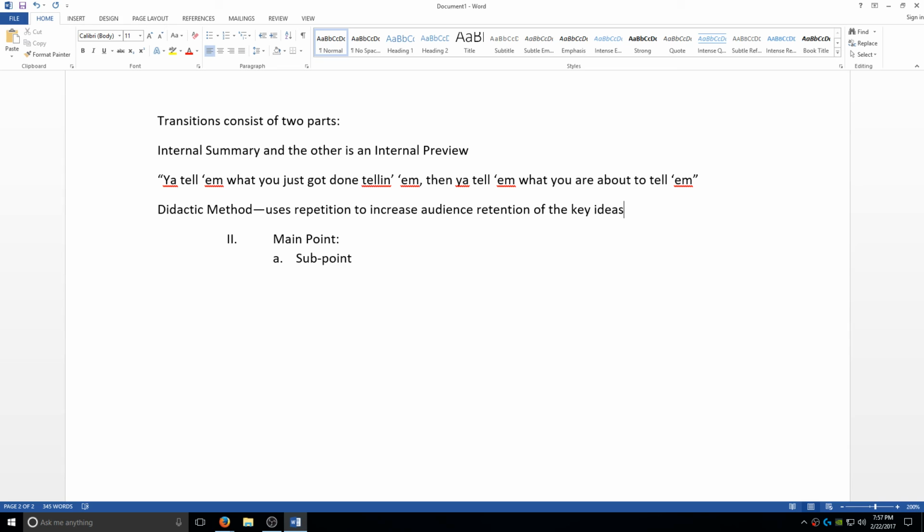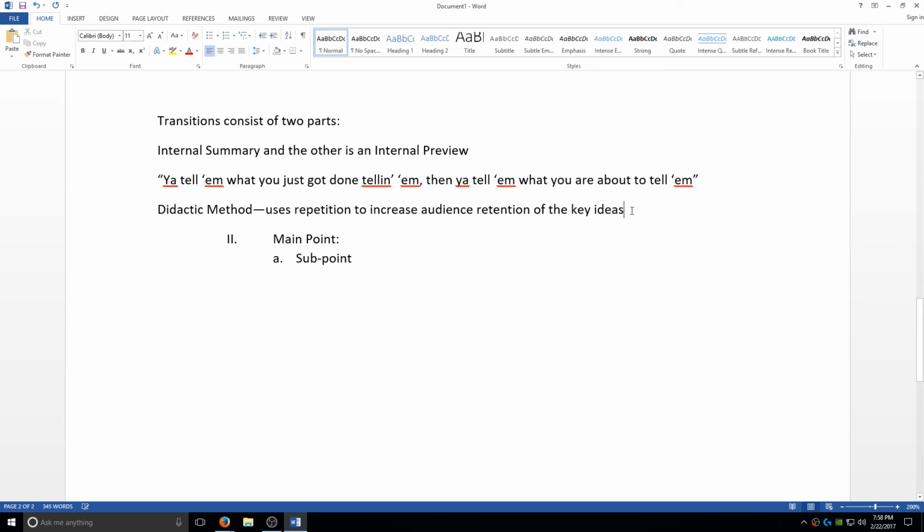There is an artful way to do this repetition using synonyms, using fun little jokes, or using mnemonic devices that make this less, it's still repetition, but it makes it less didactic, I guess. Because didactic also means repetitive to the point of being